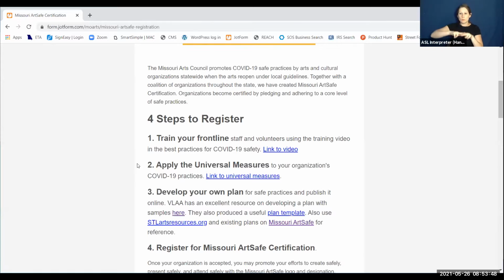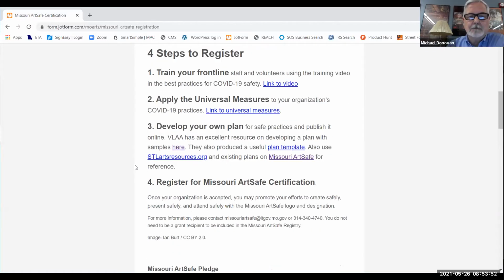You'll see some of the places that you're familiar with in St. Louis, if you're in the St. Louis area. And then we ask you to take those measures, which are the 8 protocols that I mentioned in the pledge, and apply them to your organization. And the best way the groups have told us to do this is to basically review all of your processes, all of your places where people go through your venue,